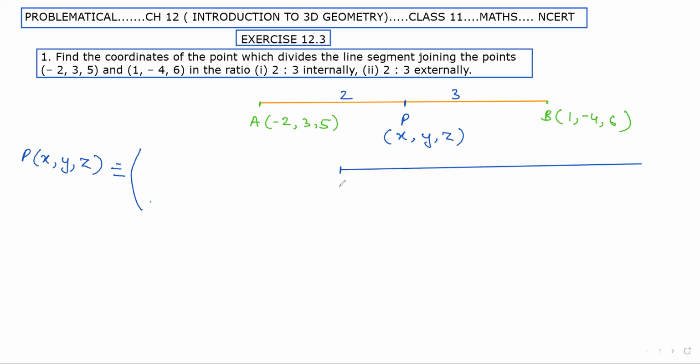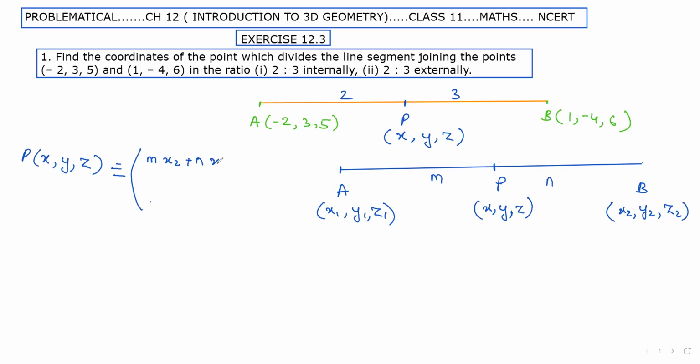If you have these points A and B, A has coordinates x1, y1, z1, and B has coordinates x2, y2, z2. And there's a point P which internally divides it in the ratio m:n. Then the coordinates of P(x, y, z) can be written as P(x, y, z) equals m into x2 plus n into x1 upon m plus n,